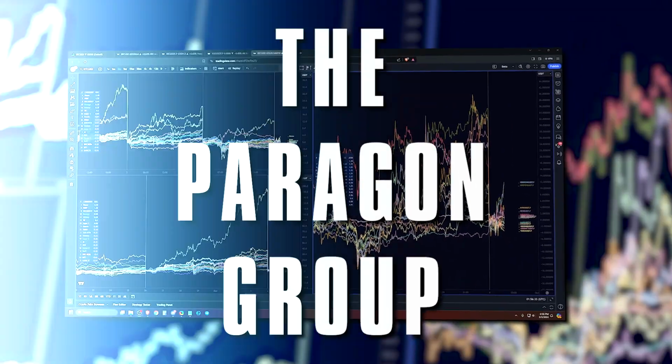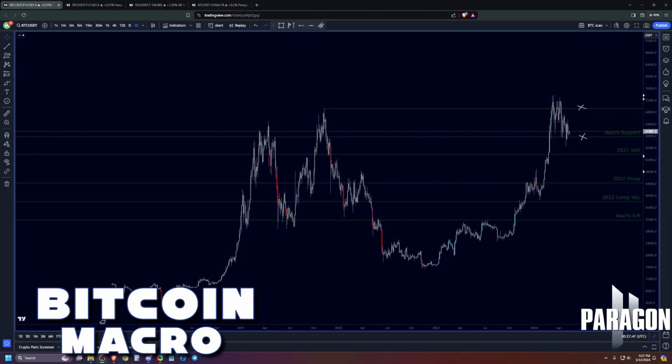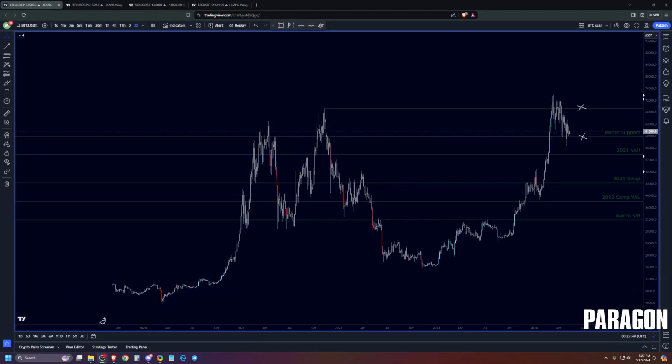Nothing's really changed on the higher time frame, but we'll just go ahead and do our basic run through. So currently we're in the midst of a larger uptrend, but the price action is stuck in a range. The macro range that we're looking at is 69K resistance and 60K support. We'll look at that in more detail on medium time frame momentarily, but there isn't really too much here to update. I think that we're continuing to see my thesis play out.